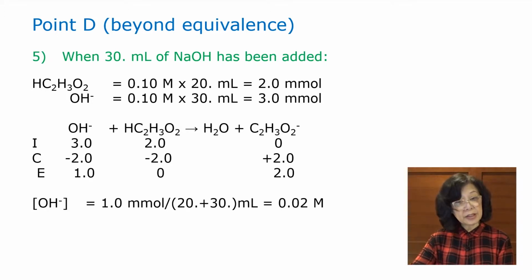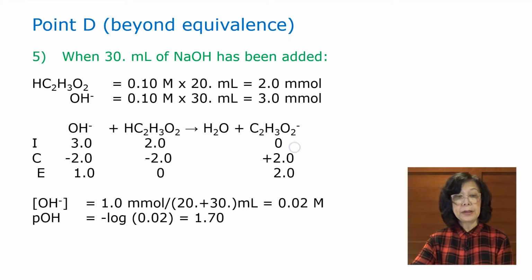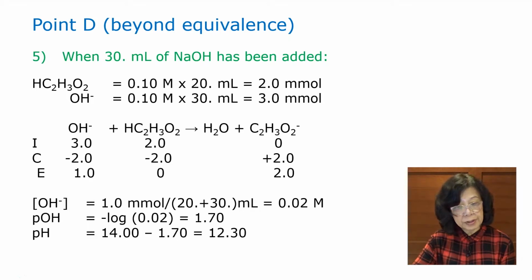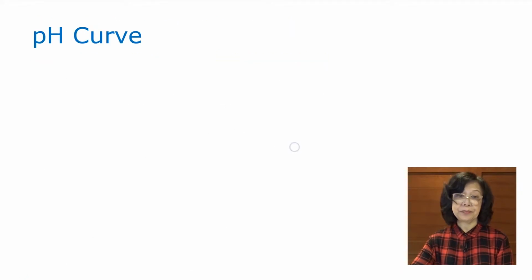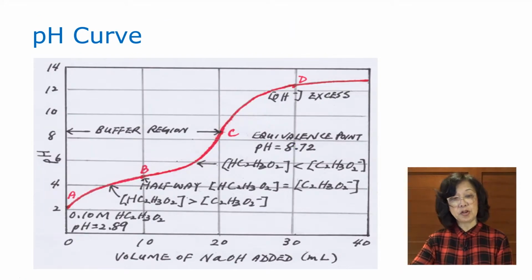So taking the concentration of the hydroxide ion, 1 millimole in 50 milliliters, which is 0.02 molar, the pOH therefore is 1.7, and the pH is 12.30. This is in the basic region when there's excess hydroxide added. Now let's take a look at the pH curve. You notice that